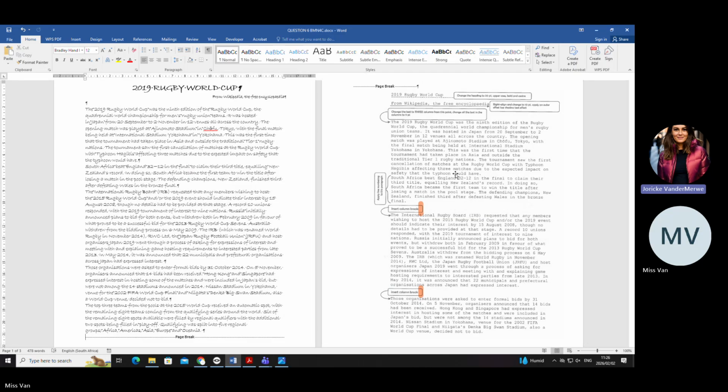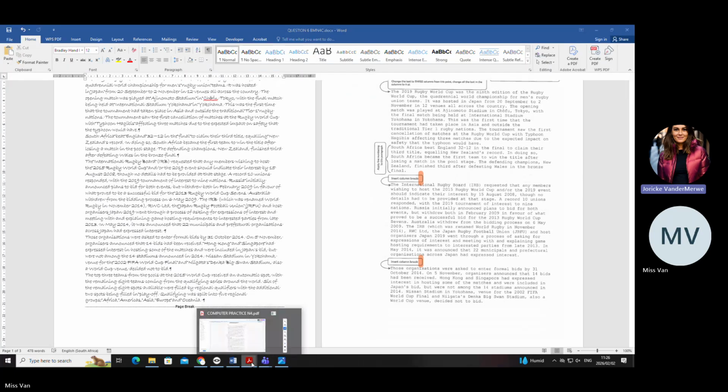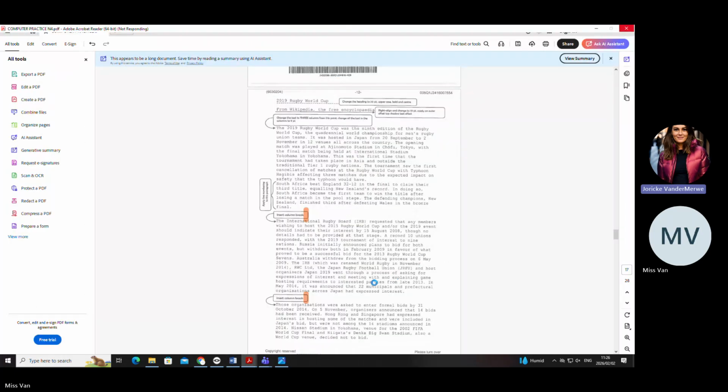Now, let me quickly show you what is line spacing. For that, you unfortunately need to turn around your page. You need to take your page one to the back so that you can see what I'm talking about, because there's no line spacing indications on the other side of that question paper. So let me just quickly give this some time.